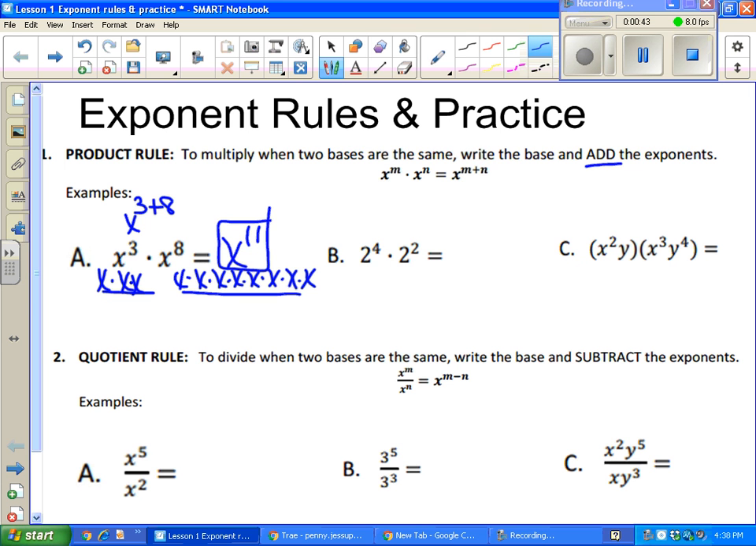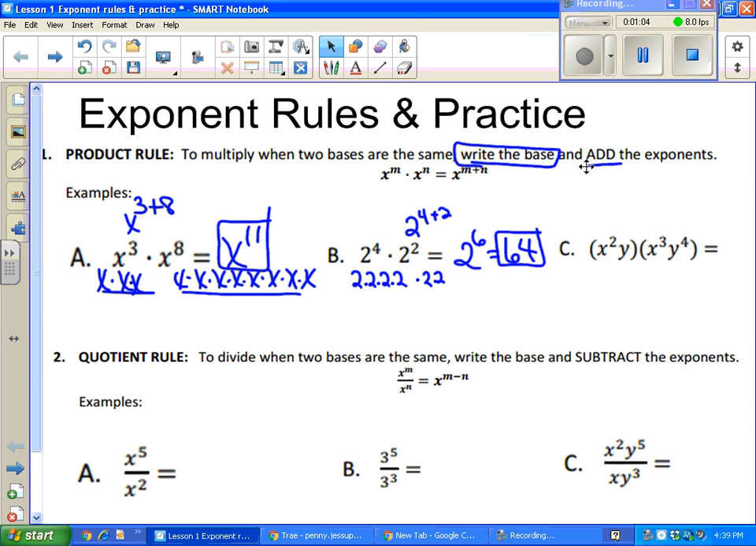You're supposed to write the same base. So that means that I actually have 4 2's, then I have 2 more 2's. That's a total of 2 to the 4 plus 2 power. It's a total of 2 to the 6th power. 2 to the 6th power turns out to be 64. Final answer. Let me caution you, a common mistake that happens